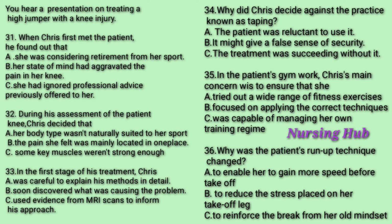Interestingly, the patient reported that remodelling the run-up felt fresh and motivating and helped to reinforce the sense she had of being a reborn athlete. Once the rehabilitation process was complete, she was able to compete without pain and free of any reliance on taping or knee strapping. So, before I go on to the next...